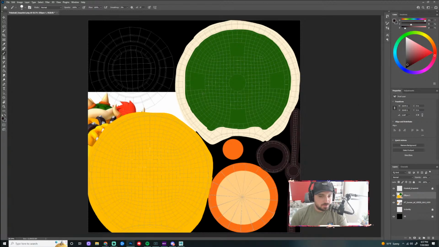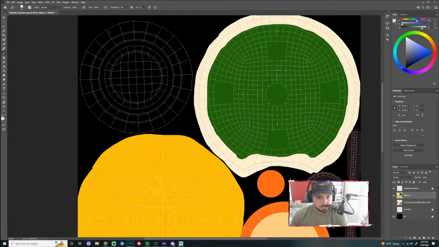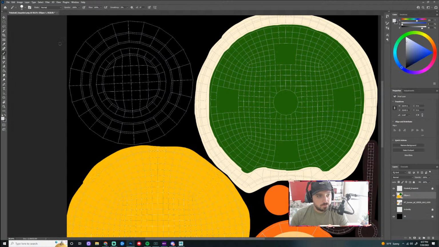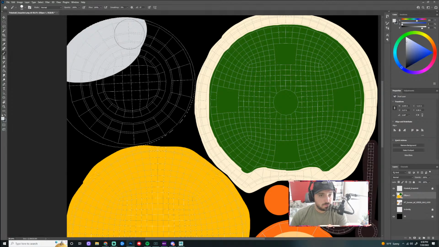And the button, should I just do the silver? I think that could be cool. Yeah, I think that's what I'm going to do. All right, let's do the silver on the button here.